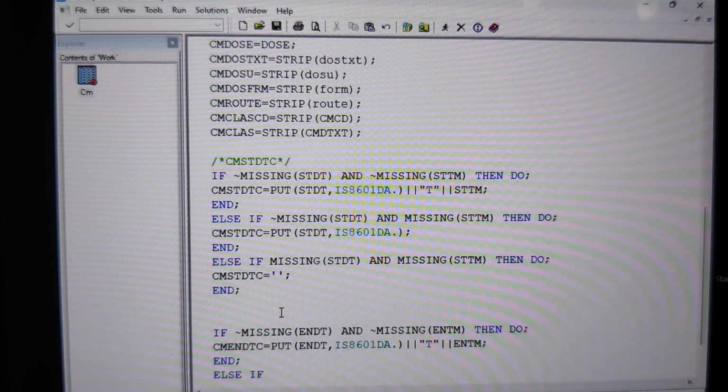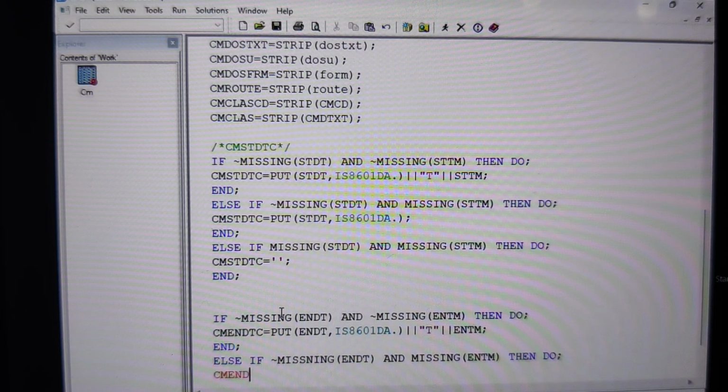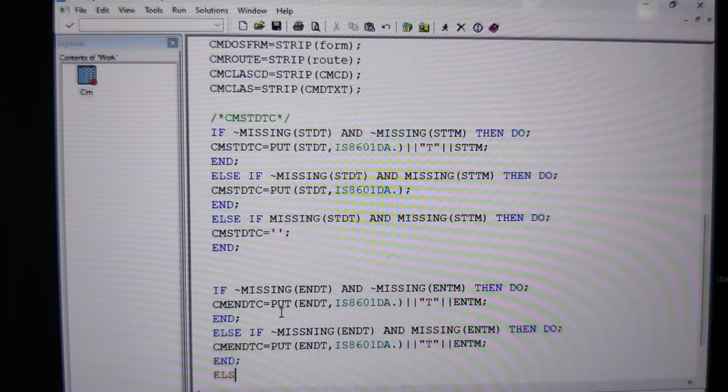Else if not missing ENDT and missing ENTM, then CM ENDT is equal to open the parenthesis ENDT comma IS8601 DA. double pipe symbol capital D double pipe symbol ENTM. Else if missing